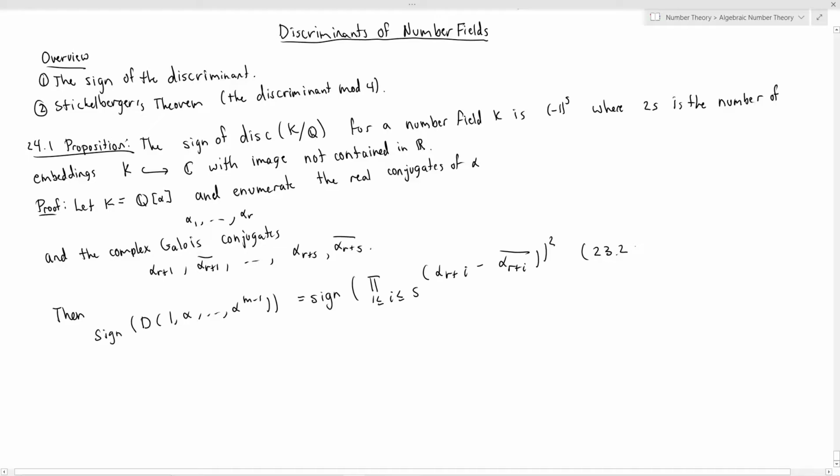So this is using 23.2 equation 1. And the primary simplification that I've made here is that the other terms in the above product are either in the following form: (alpha_i minus alpha_j) squared, the square of a real number,